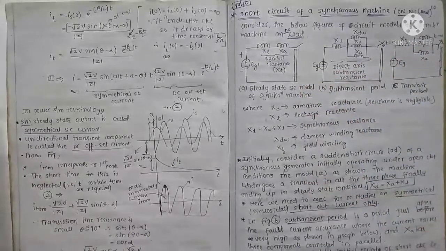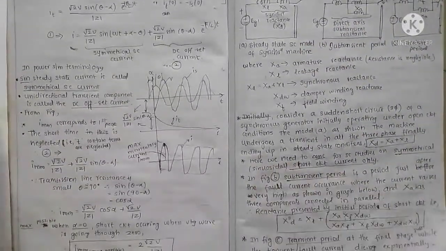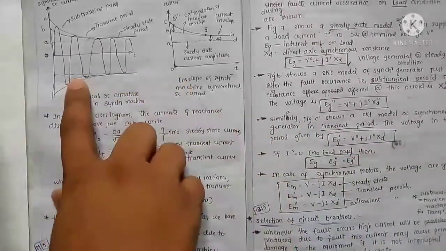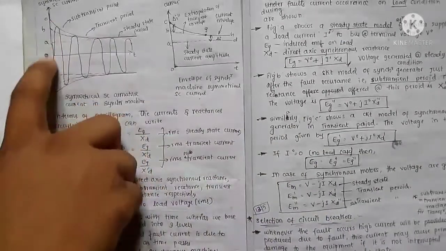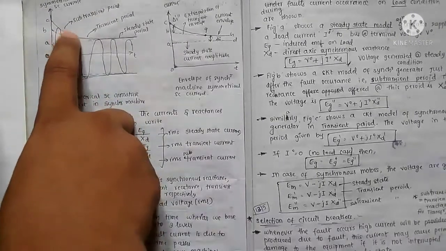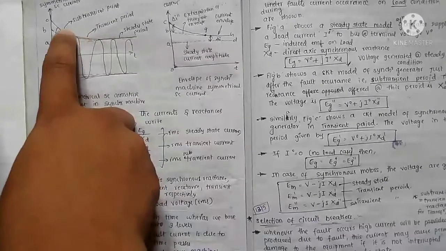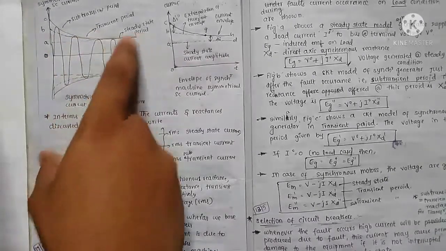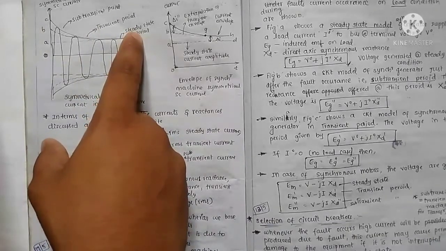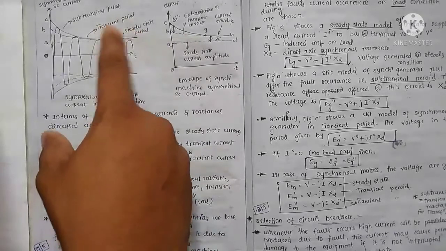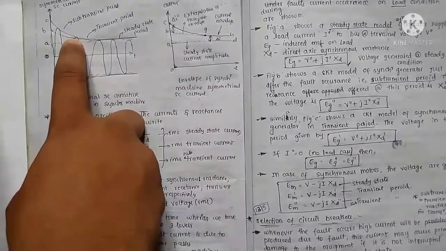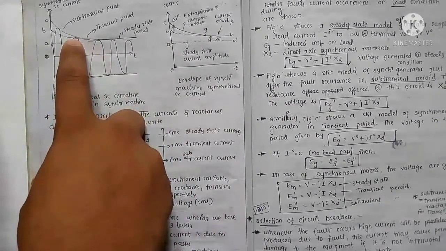Go through this theory, it's a bit simple explanation. And just see this graph, this is very important. This is the subtransient period, a very high peak, there will be a high current in this period, and just below this we get the transient period. After the fault, we enter into the steady state period, where it is normal. Sudden fault occurs, high current, that is subtransient, and slowly it reduces, that is the transient period, and finally we get a steady state. In these periods only we get a fault on the power system components, any power system components.